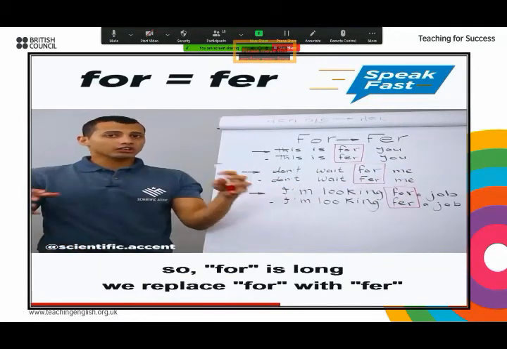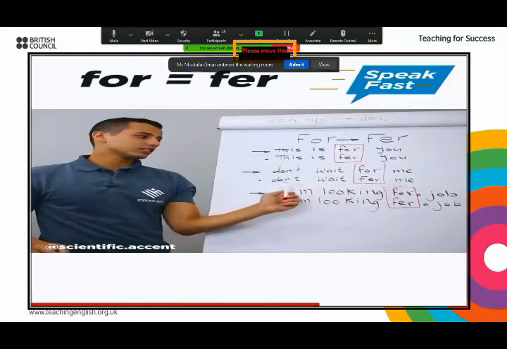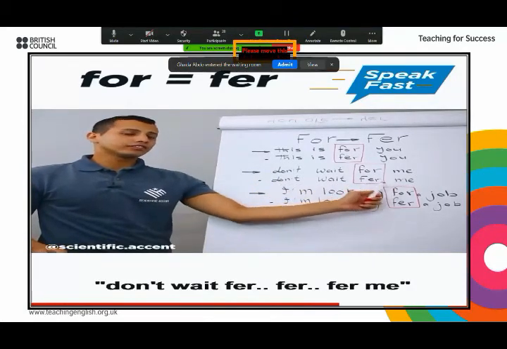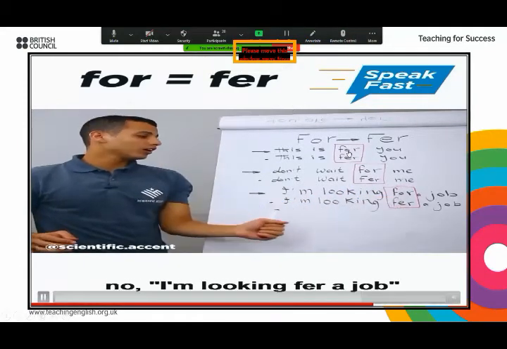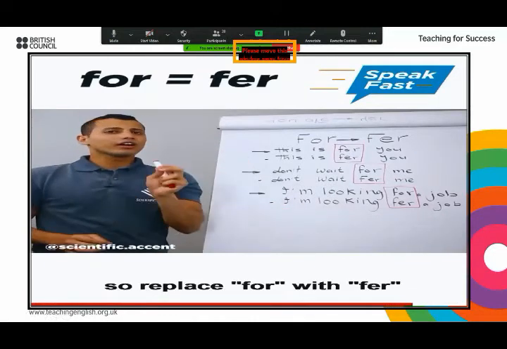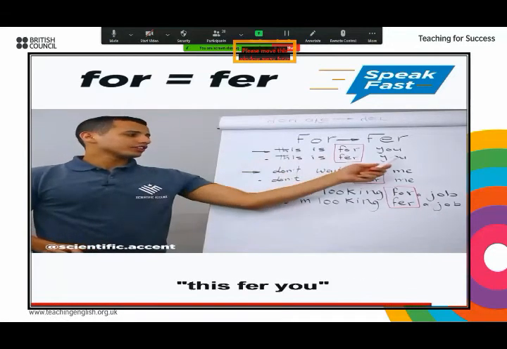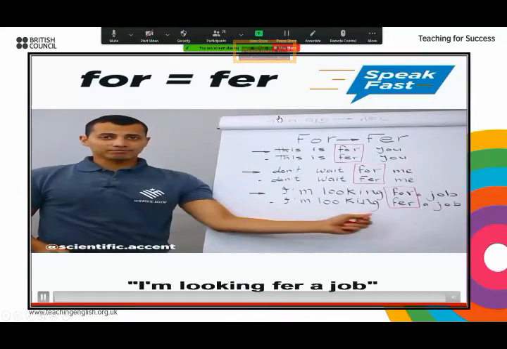So for is weak. We replace for with fur. I am looking for a job. So replace for with fur. This is for you. Don't wait for me. I'm looking for a job. Okay. Next,